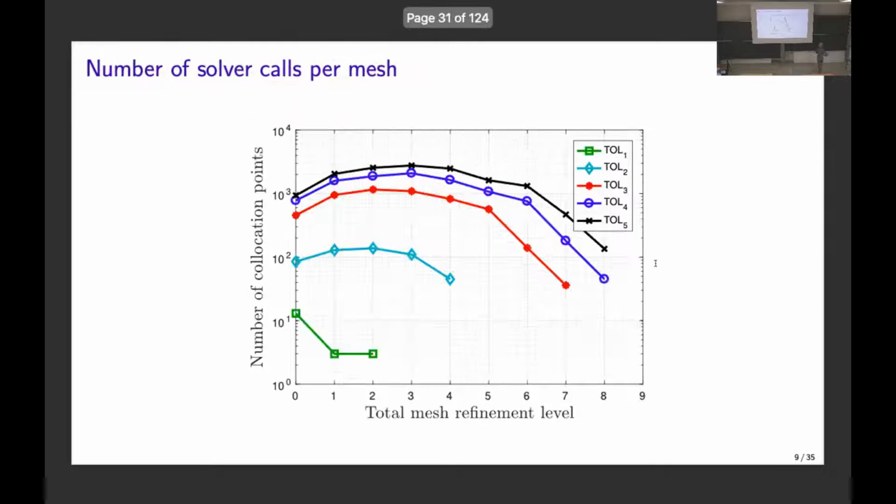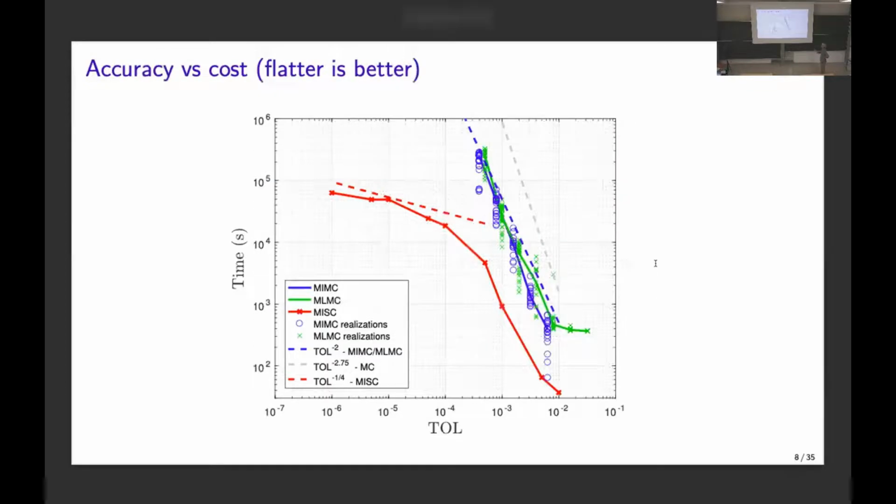Okay. This is a slide where I show you how come we are effective. So where MISC works. I mean, it works because you allocate most of the samples on coarse meshes, but this is not surprising because this is a multi-fidelity method, right? This is just to show you how many samples we allocate on each mesh. Here, each curve is the allocation of the computation for 1 point.